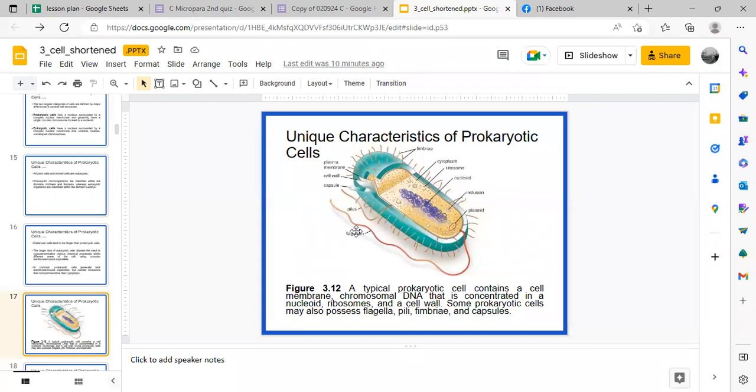Okay? In addition to the cytoplasm, you have the cell membrane or the plasma membrane. And then you have also, for most bacteria, you have a cell wall to protect dun sa changes in osmotic pressure. And then you have also a capsule. So sometimes you have additional layer called the capsule pang protect dun sa bacteria.